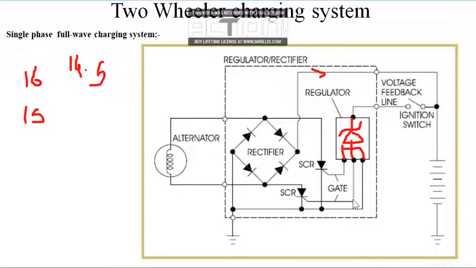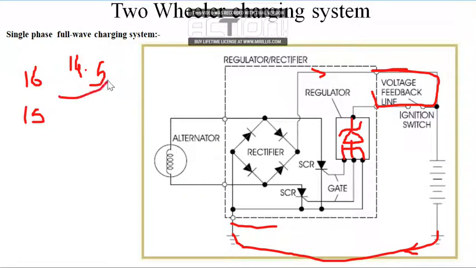In such a way, the voltage applied across this point, if this point is connected here, means this is a common point. Okay, so the voltage applied with respect to this point and this point is 14.5. How does it happen? As soon as it reaches 15, current will flow this way, and this Zener gets triggered, it allows current to flow this way.